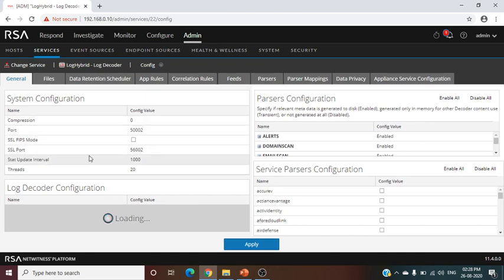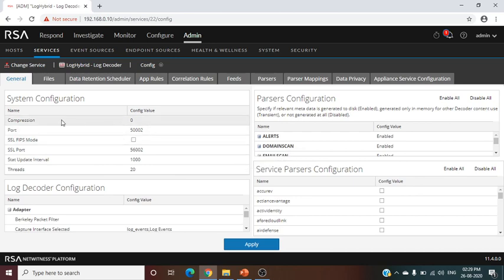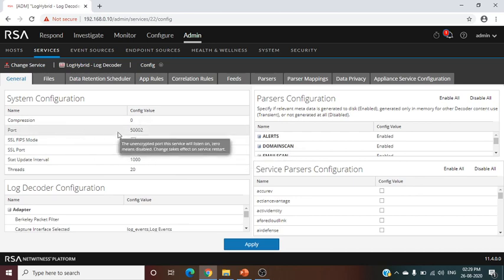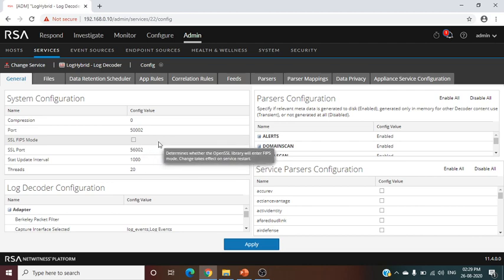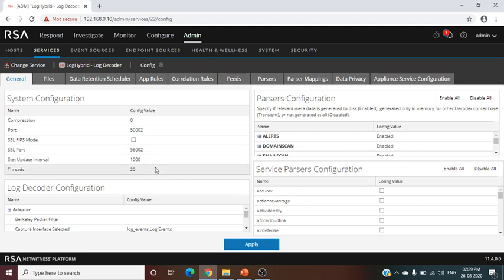Here again the same configuration has to be done. Compression, you have to define compression, port number, self mode, startup. So this can be changed according to requirement. So I am leaving it as default. Now the important thing is here